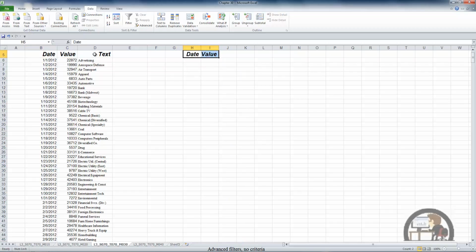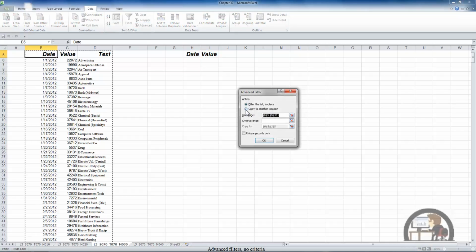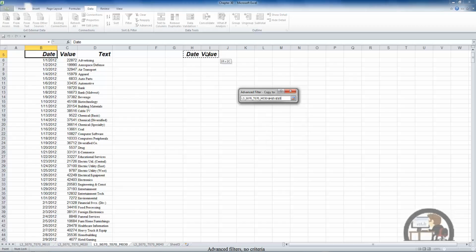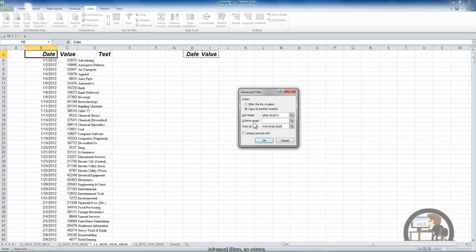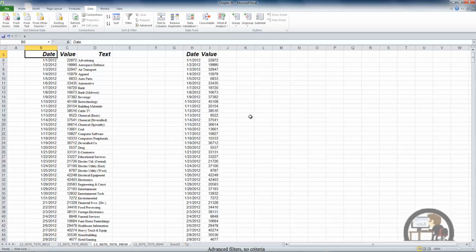So I'm going to copy the column headings into what will be the destination. Excel has anticipated that I want that range to be H5 to J5. That's actually not correct. I have to select the area that has the column headers, left-click OK, and I've copied the date and the value fields and left the text field behind. I'm going to delete